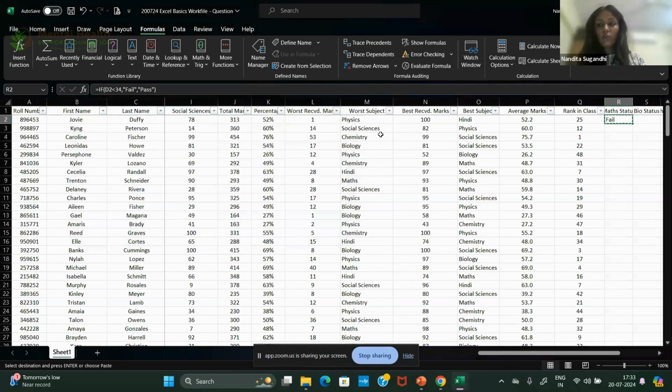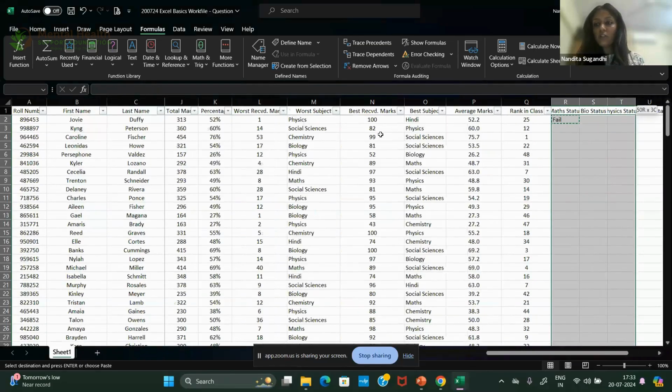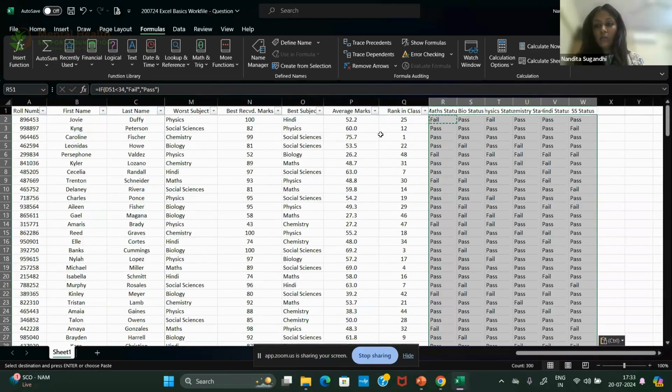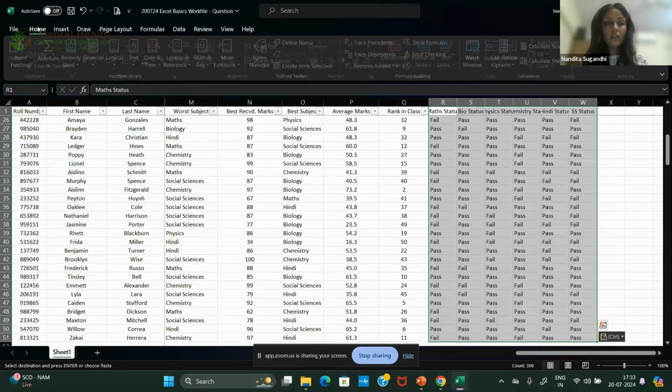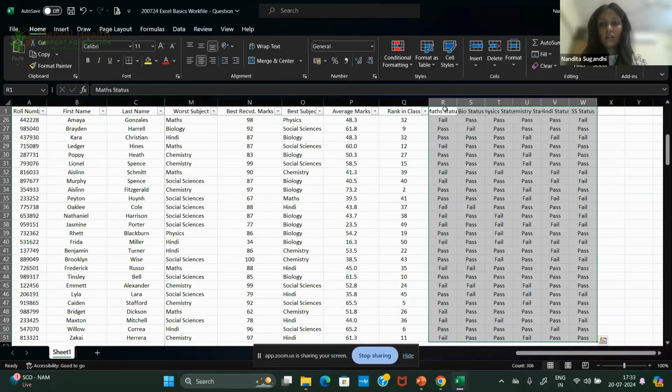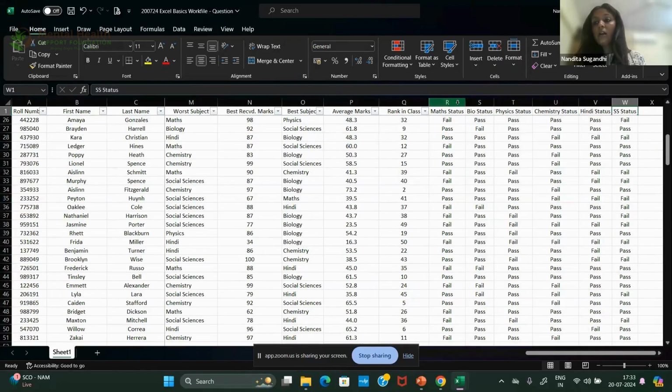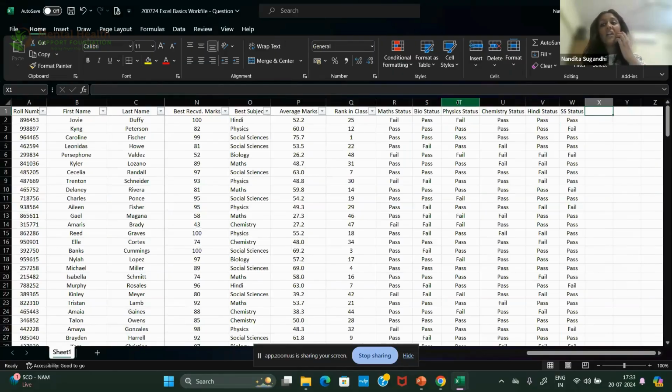Okay, I'll just copy paste this function to the rest of the sheet so that we now know how the entire formula works. And there you go. Now I want to know if there is someone who did not fail in any of the subjects, which means all pass, then what do I do?